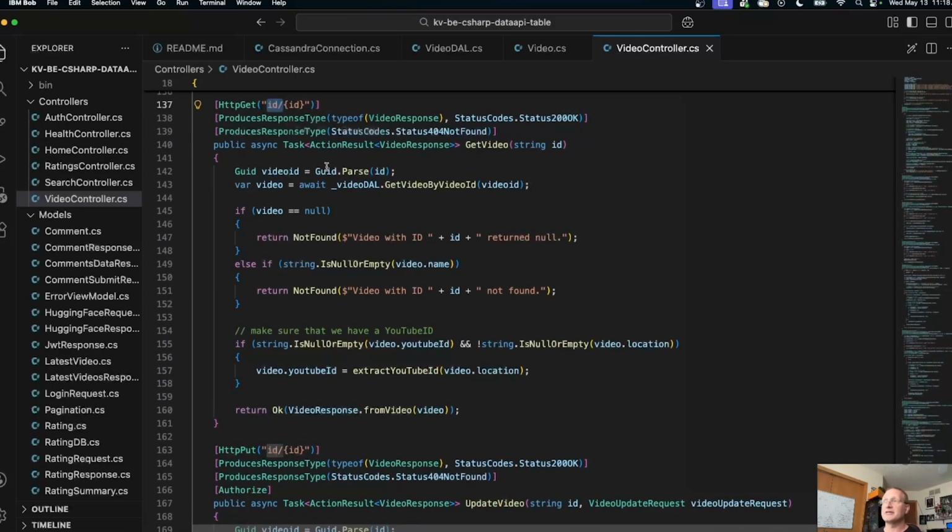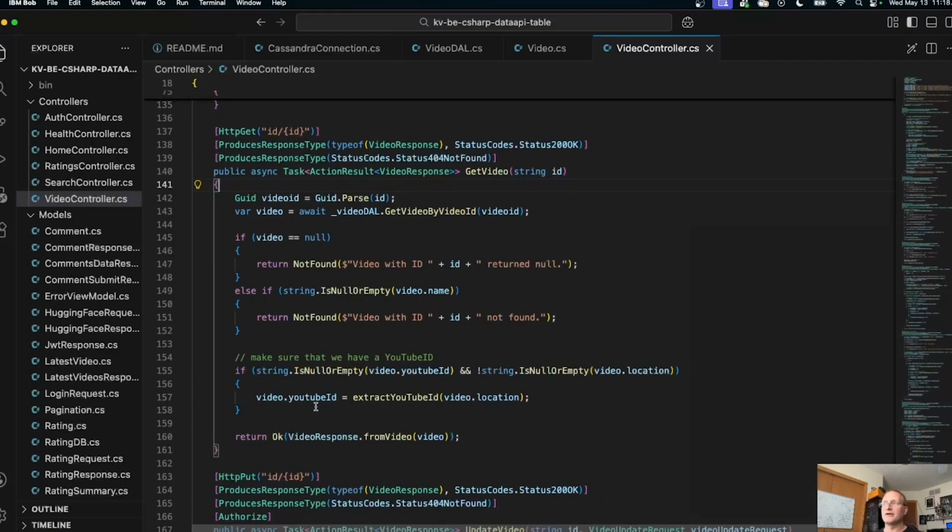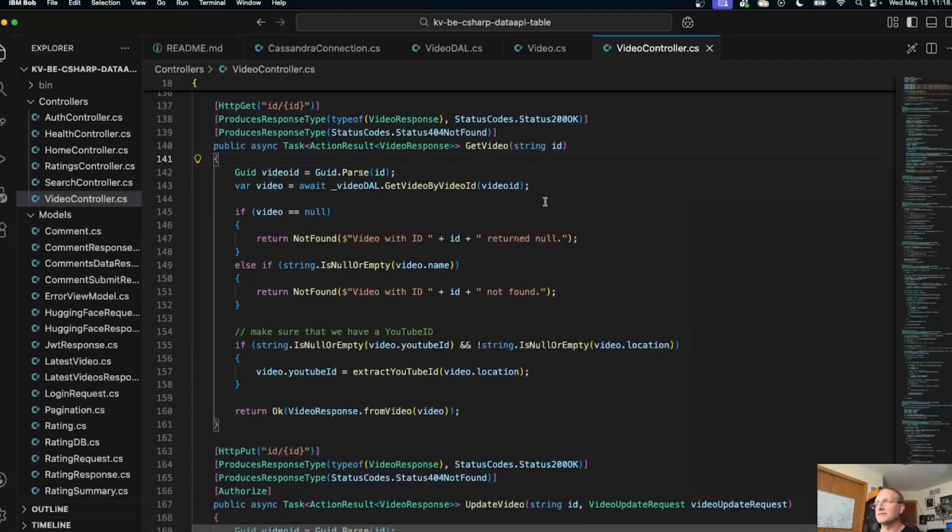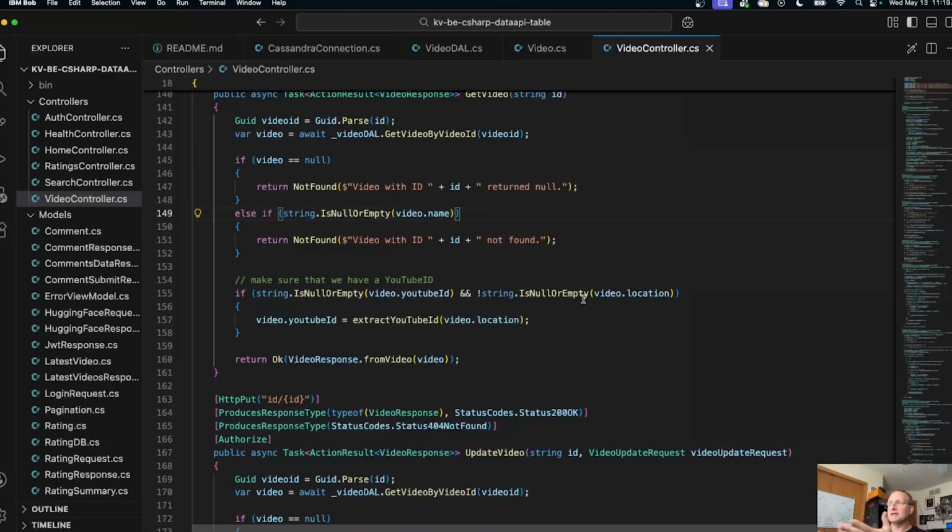It's hosted out at the ID endpoint, where it's literally the property name ID, followed by a slash, and then a spot to hold the variable of the ID that you're looking for. And this is where it calls that get video by ID method that we saw on the video data access layer. And again, the idea here is that it's pulling that back from the database, and the controller layer handles interpreting what comes back from the database and then showing it or serving it out in a RESTful fashion